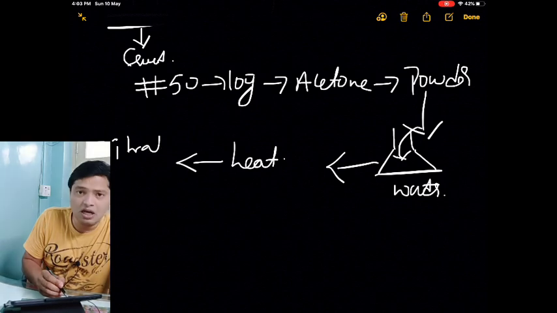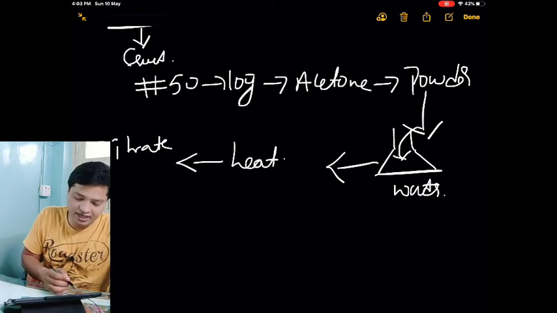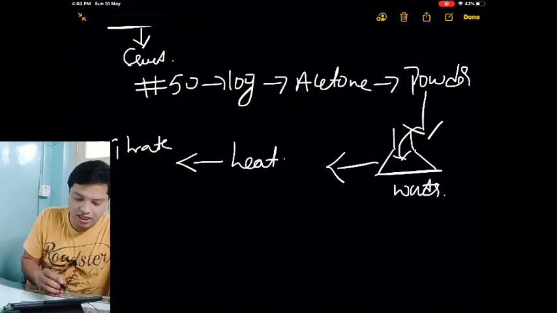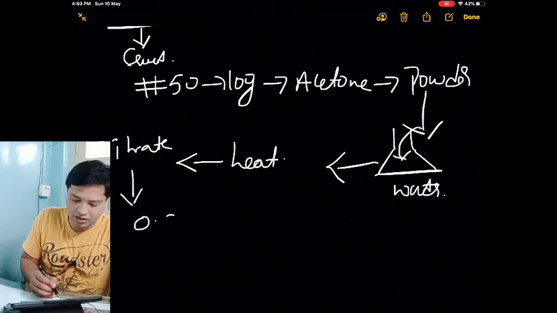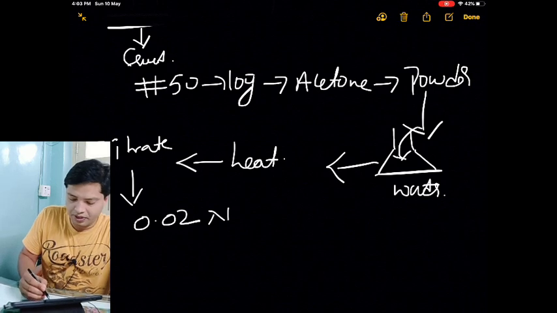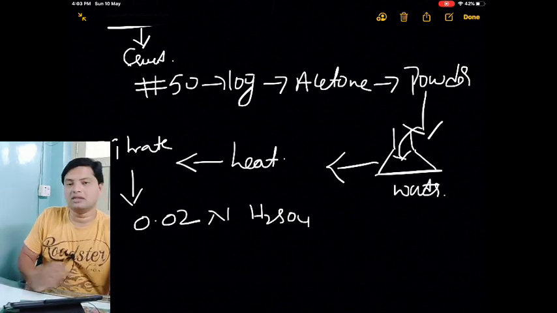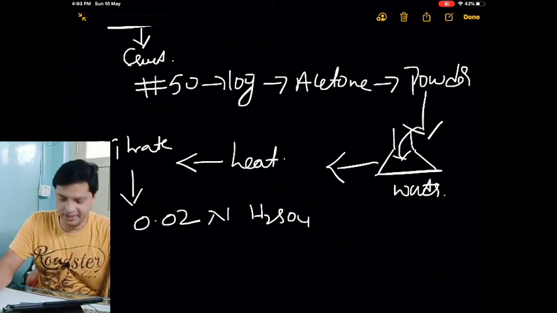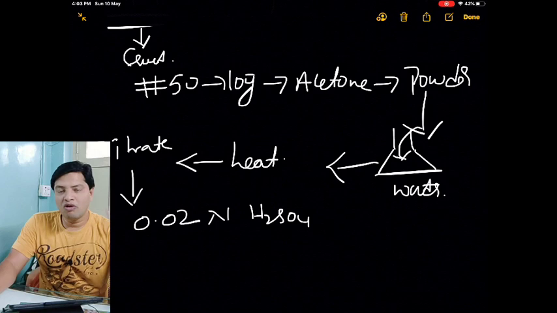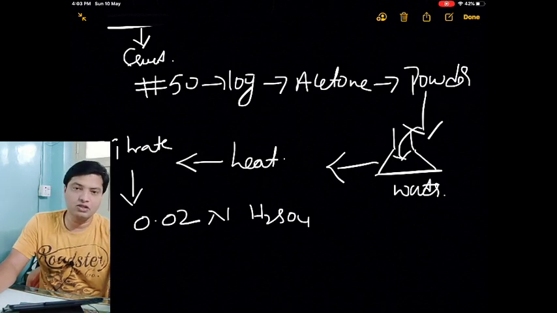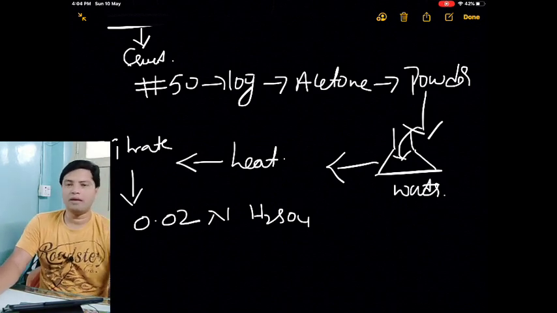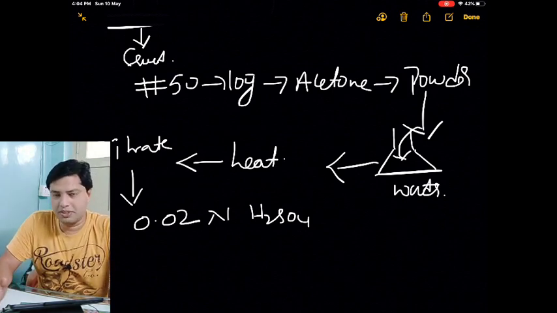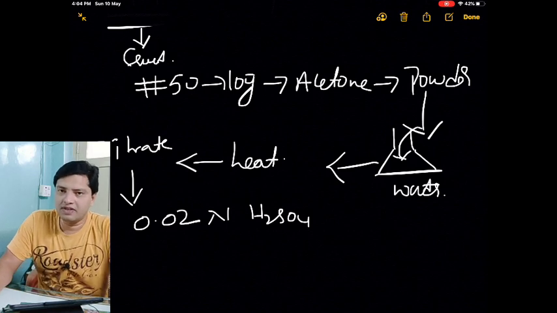We want to know how much alkalinity has been imparted. We titrate this heated and cooled water with 0.02 normal sulfuric acid and note down the values. So with the strong acid, we will treat it. The value should be more for type 3 and type 4, and it should be very, very less for type 2 and type 1. That is what the USP says. And we also classify the glass depending on the reactivities.